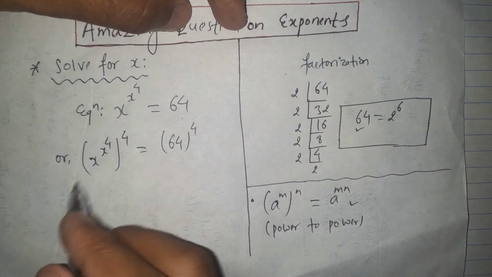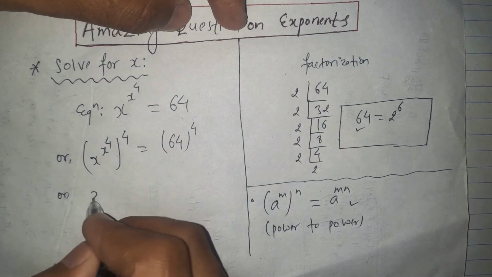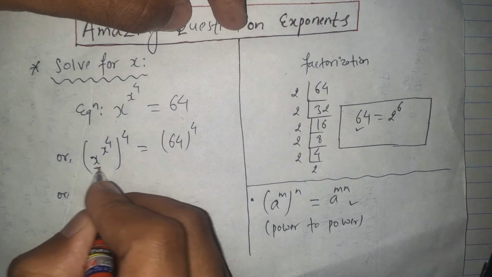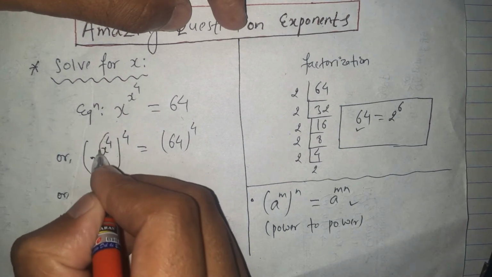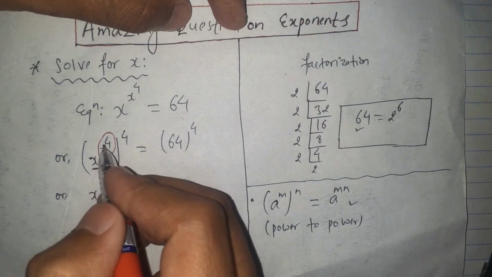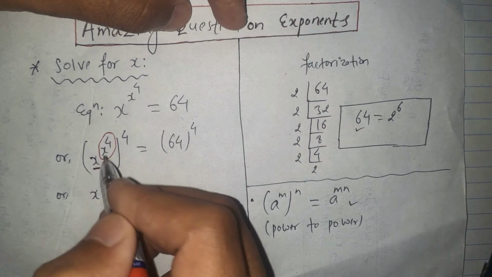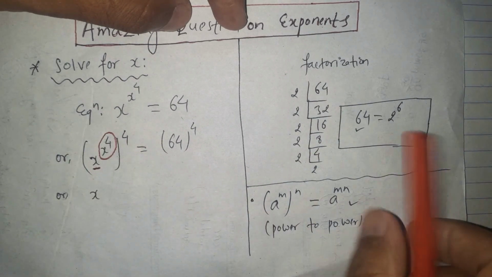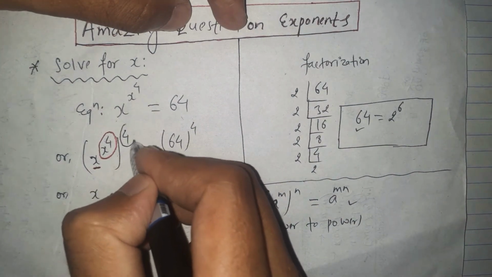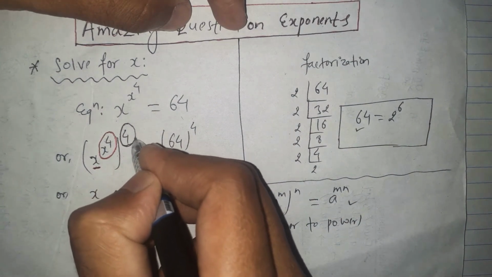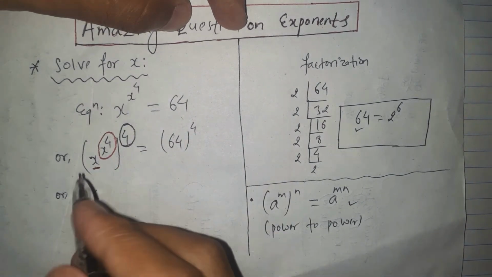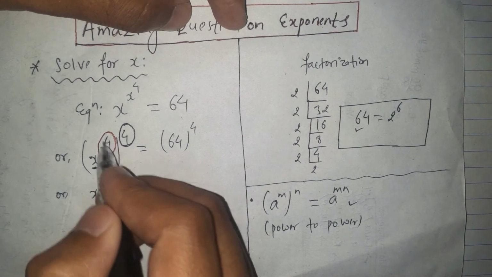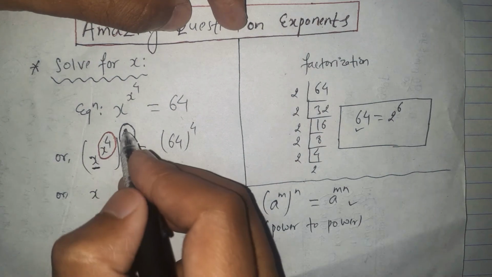Here is the same case. We can write this expression with the base x. Here for this base x, one power is x to the power 4. This is the one power, and the next power is this outside power 4. These two are the two powers for this variable x. One power is x raised to the power 4, and the other power is 4.